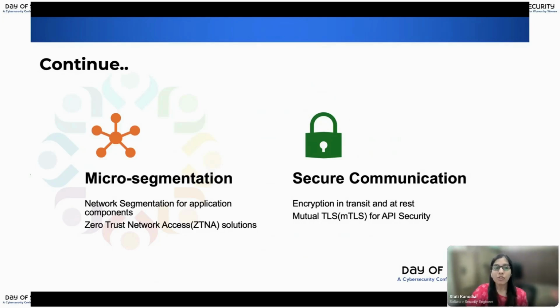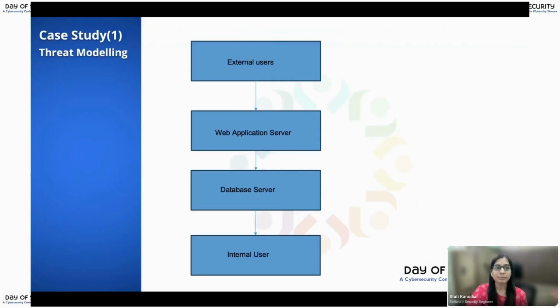Now let's see a couple of use cases or maybe case studies. I have taken two small case studies for our session. One is we will do a small threat model, and we will see what attacks we can discover here and how we can remediate those attacks or those threats with the help of zero trust security. So the first is